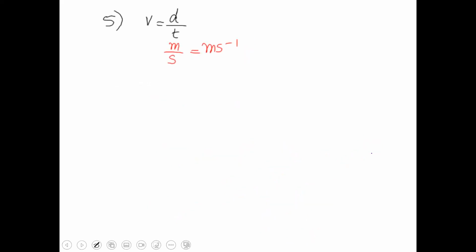Now v is equal to d upon t. Then acceleration is equal to velocity upon time. Can you tell me that if there is an s below, how it becomes s minus 2? Indices? Maths. When you bring something from the denominator and if you get it up, will it become negative? I don't know. I don't understand, sir.